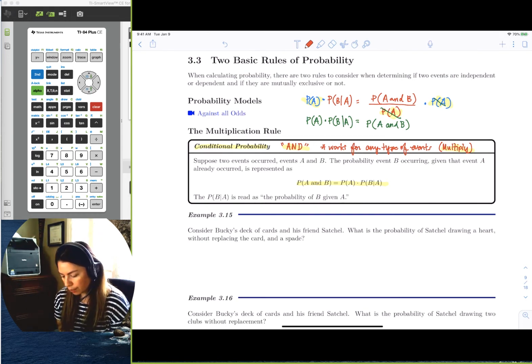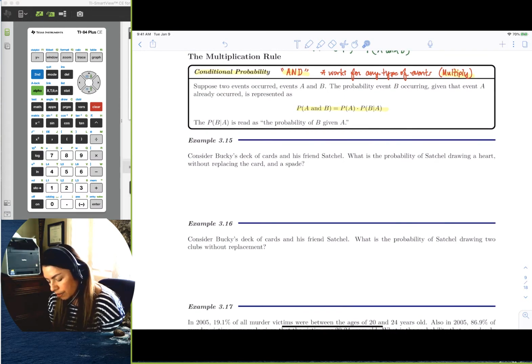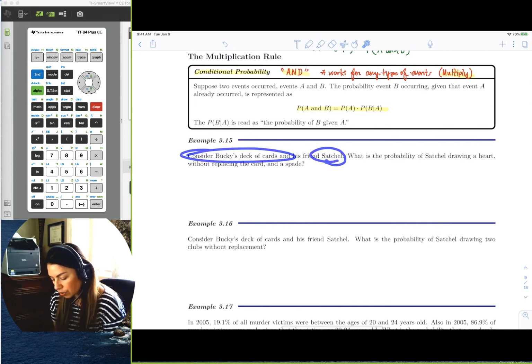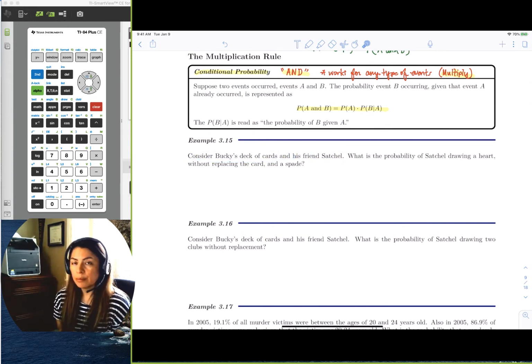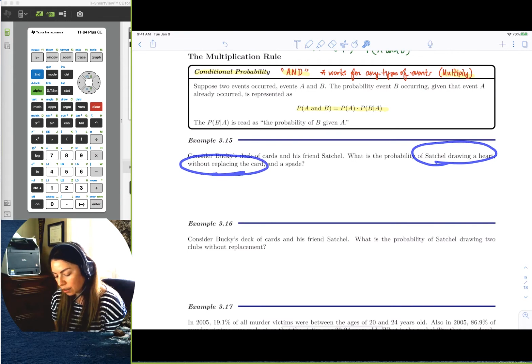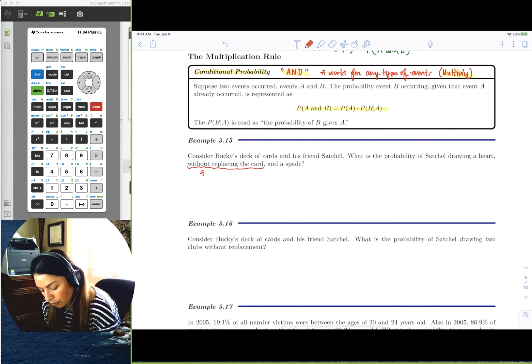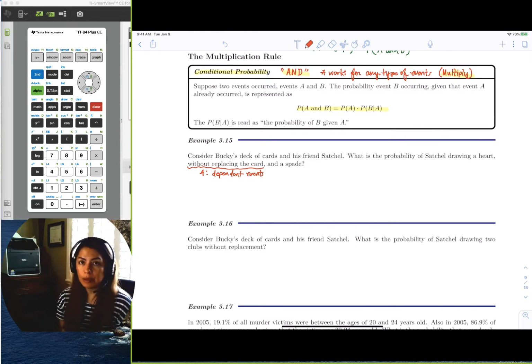So let's try this first example. It states to consider Bucky's deck of cards and his friend Satchel. If we recall from previous examples, Bucky had a standard deck of 52 cards, and he always had Satchel draw a card. What is the probability of Satchel drawing a heart, without replacing the card, and a spade? This phrase, without replacing the card, should be the red flag that says these are dependent events,